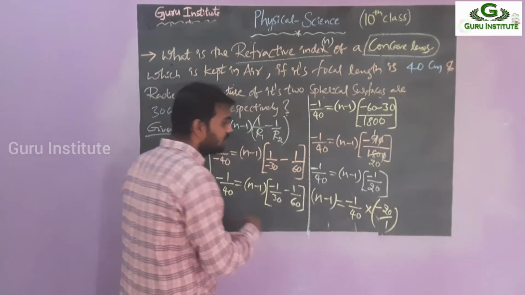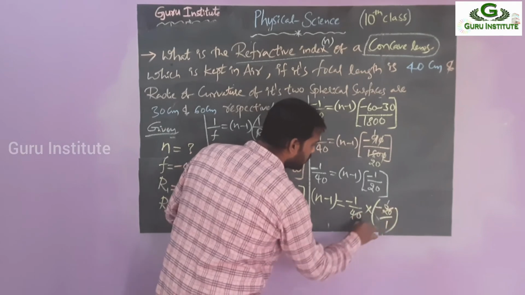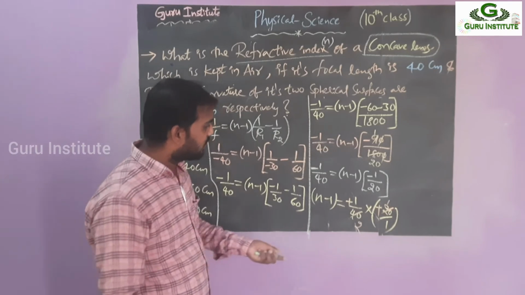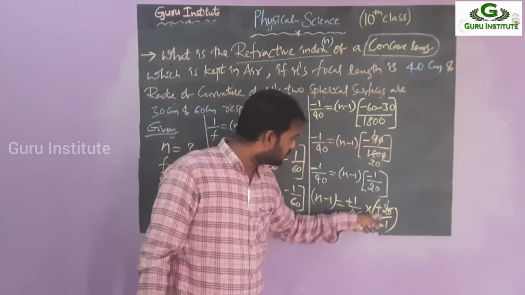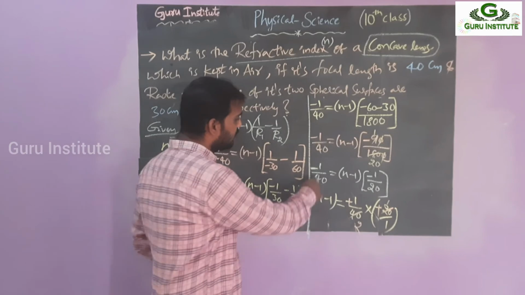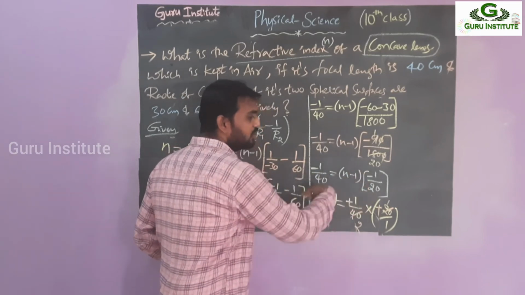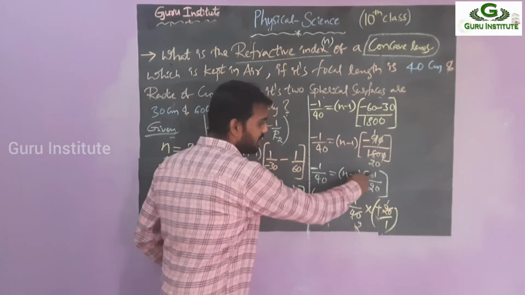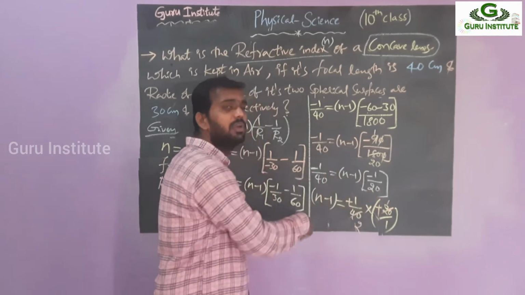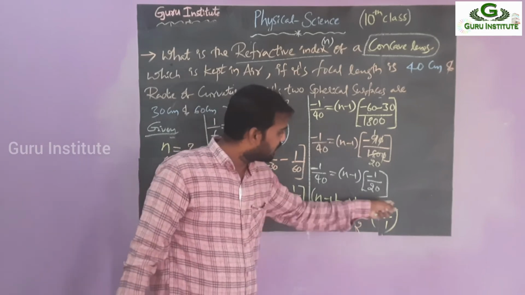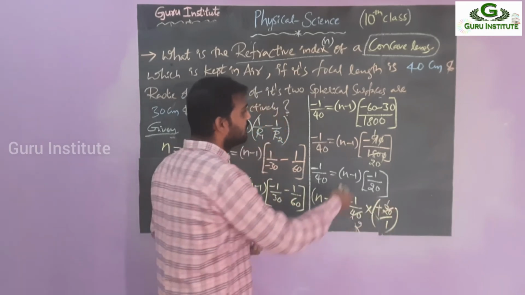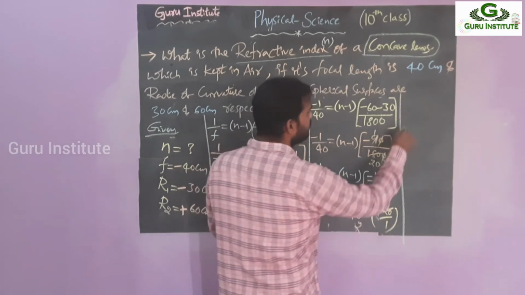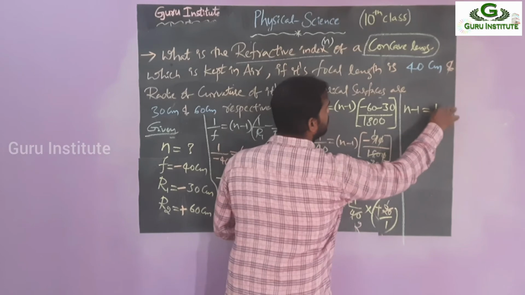So next what happened? 21 ja, 22 ja. Then again minus gets cancelled, minus into minus is plus. What do you get here? 1, 1. Okay, 21 ja 20. Or otherwise simply see here, minus gets cancelled. Both denominators you can cancel on either side of the equation. 21 ja 22 ja. Minus cancel, 21 ja 22 ja. What do you get? 1 by 2. Simply 1 by 2 again. So here also 1 into 1 is 1, 2 into 2 is 1. So simply what do you get as the answer here? Final answer: n minus 1 is equal to 1 by 2.